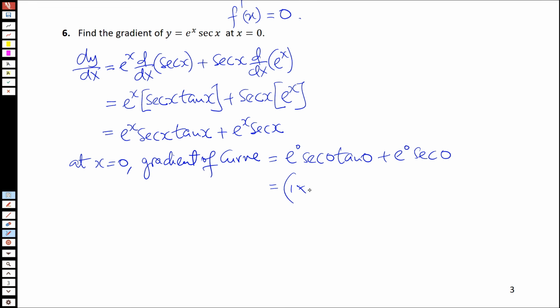Now, secant of 0 is same as 1 over cosine of 0. And then tan of 0 is same as sine of 0 over cosine of 0. Plus, here we have 1 multiplied by 1 over cosine of 0. Now we know that sine of 0 is 0 and cosine of 0 is 1. So this will be equal to 0 plus 1, which is just equal to